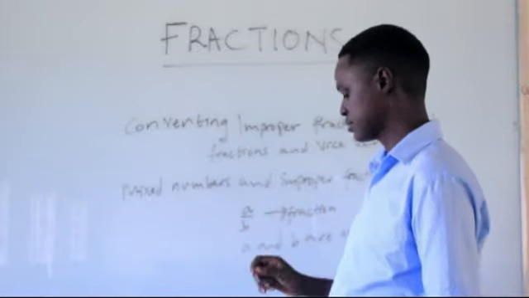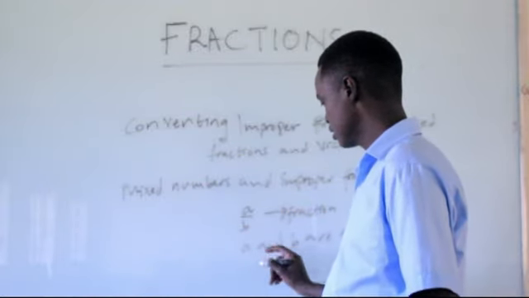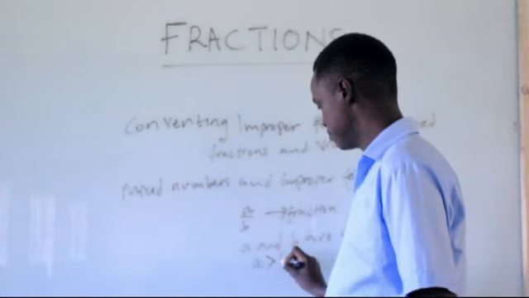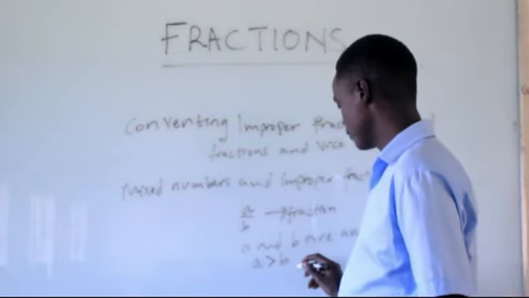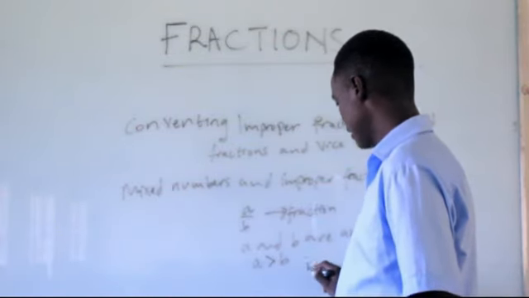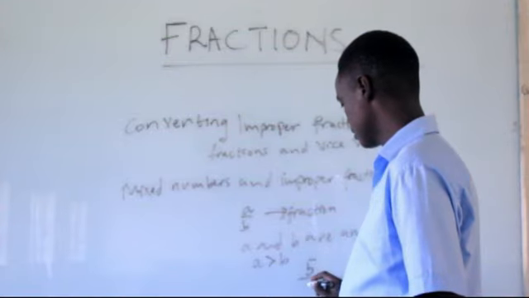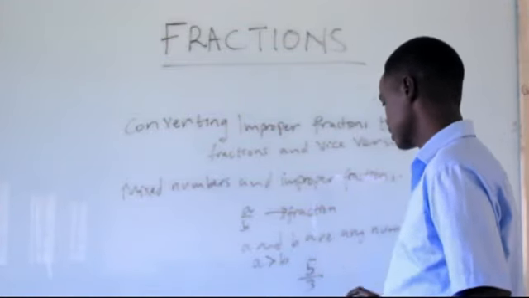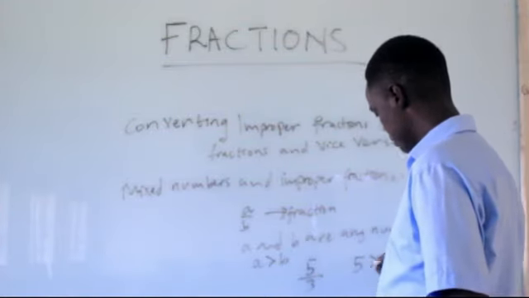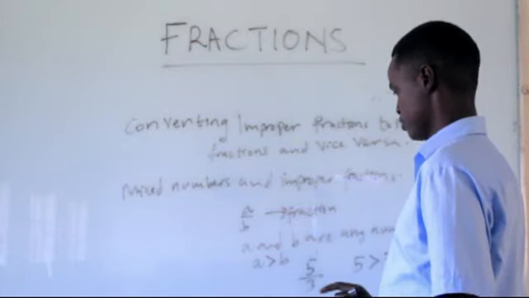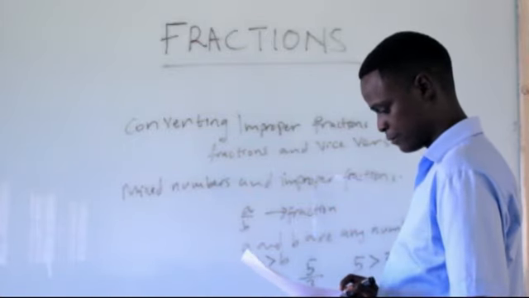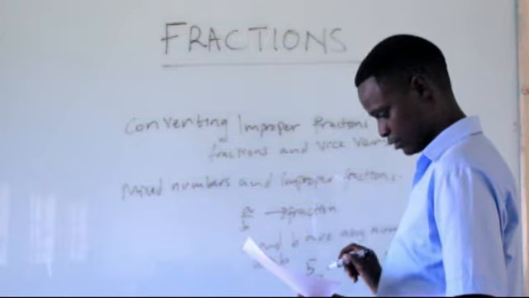And in this case, if A is greater than B, for example, if you have 5 over 3, in this case, 5 is more than 3. So if you have such a type of fraction,